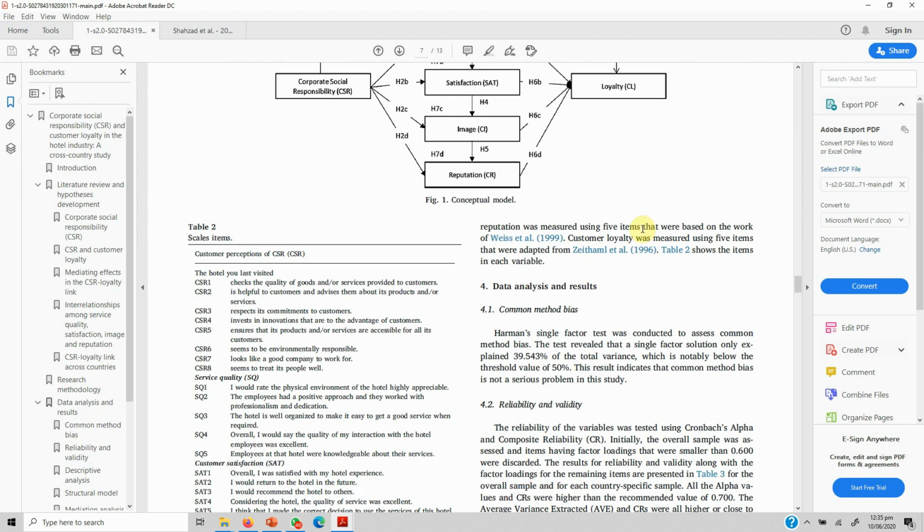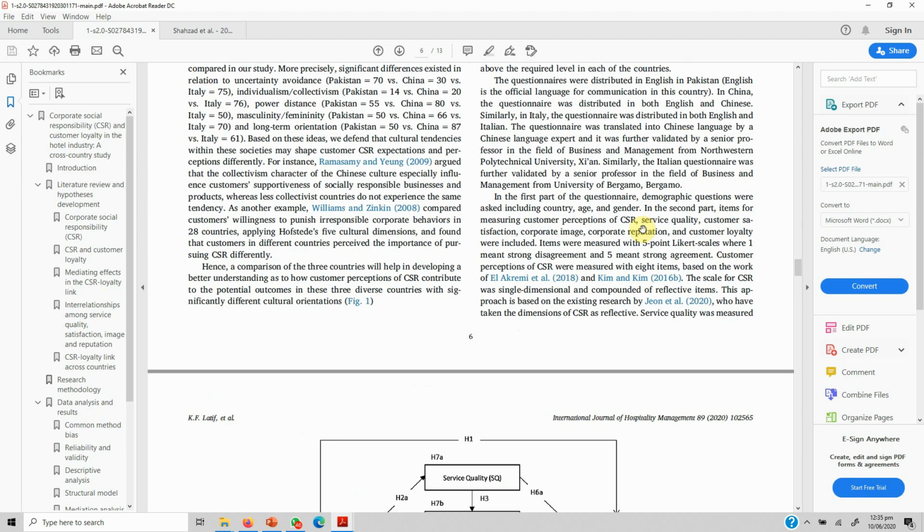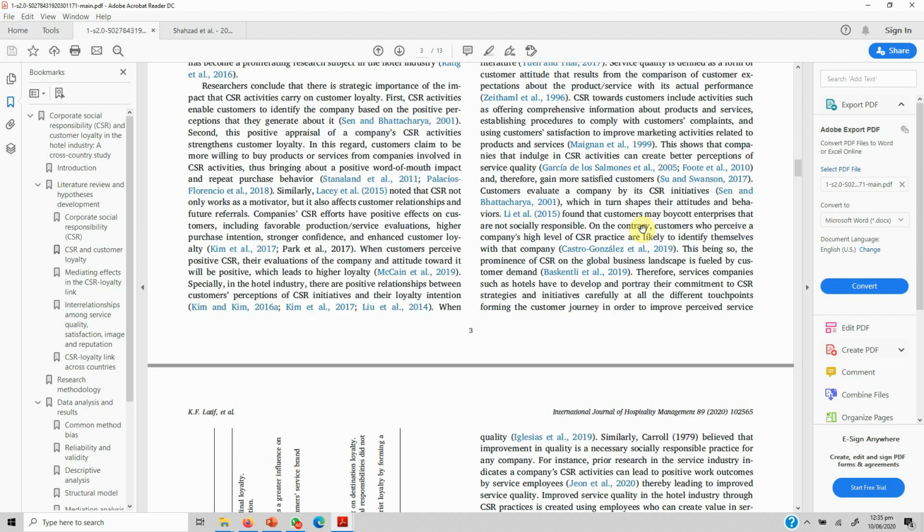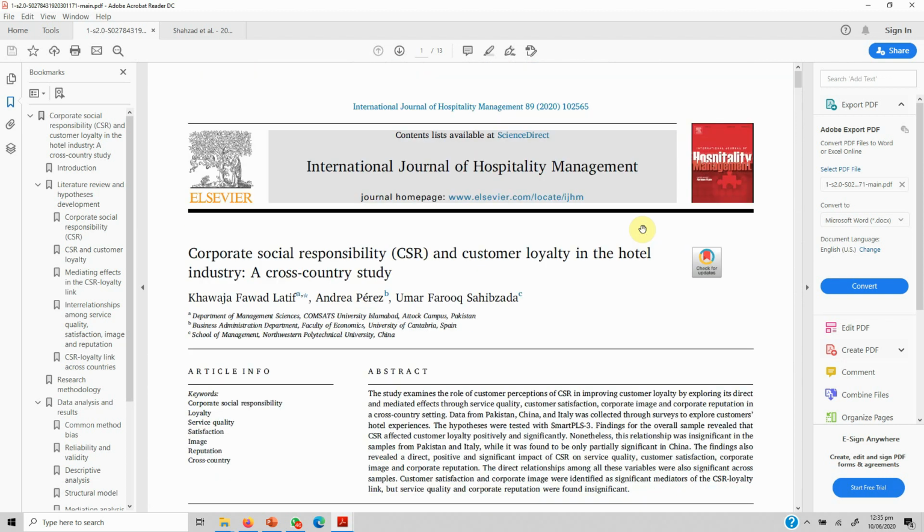So this is how you can present your methodology in a research paper. In a research thesis, obviously it has to be much more detailed. Similarly, for